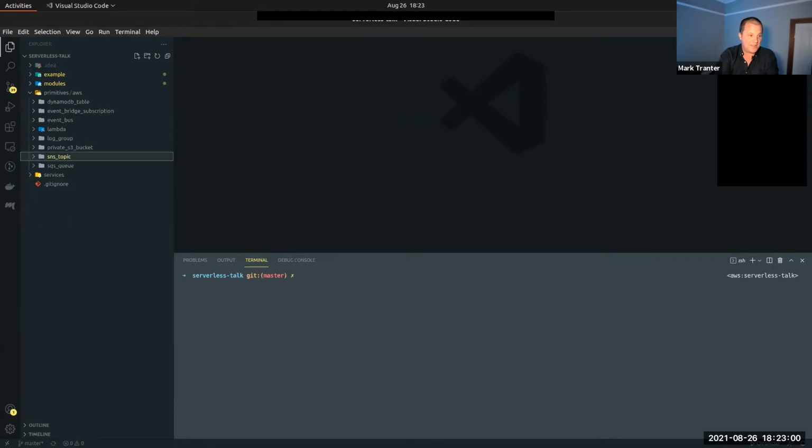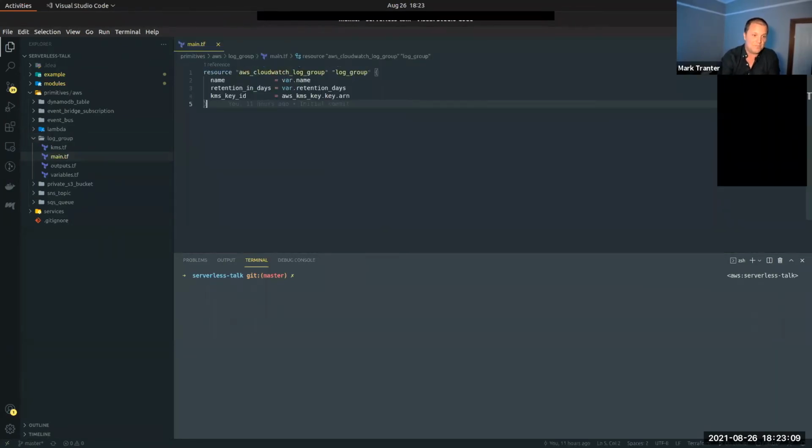How do they want to create an SNS topic? How do they want to create something as simple as a log group? So I can guarantee you're going to create log groups at some time, which is just like this, an AWS log group. And your compliance team at some point are going to come along and say, because of GDPR or PII issues or something, we want to make sure we only retain this data for N days. We want to make sure all of this data is encrypted at rest.